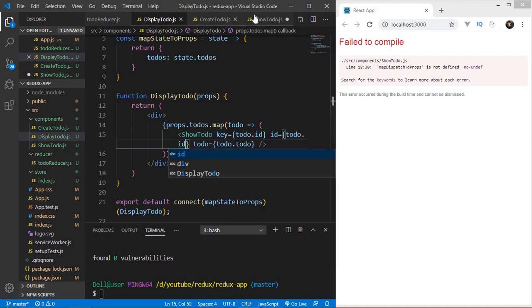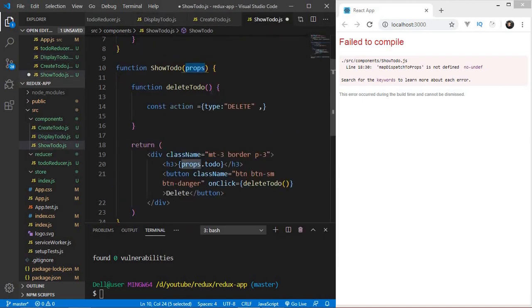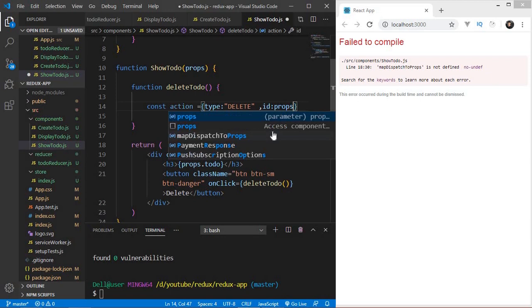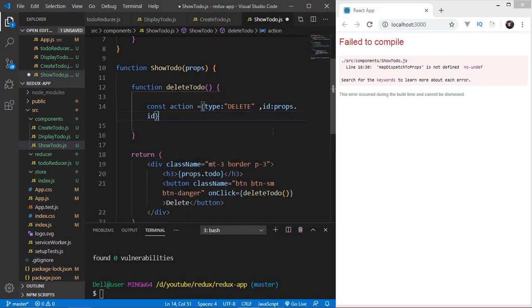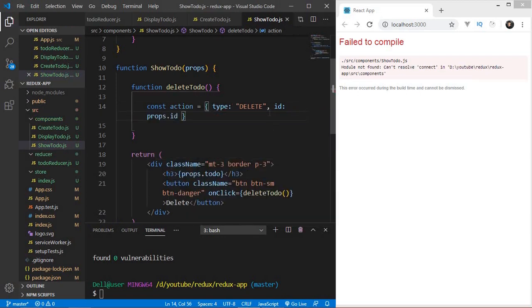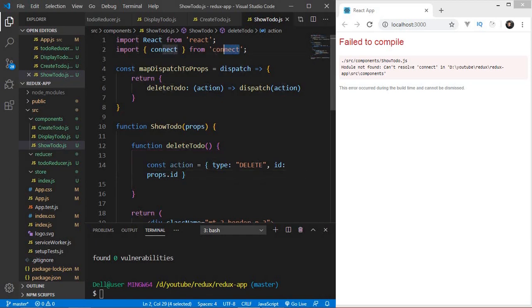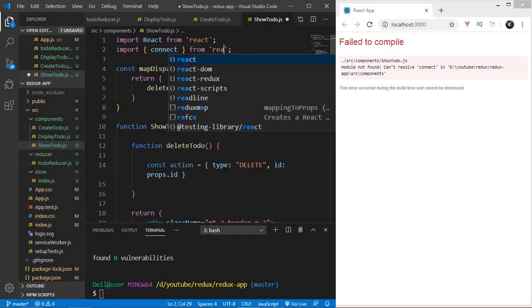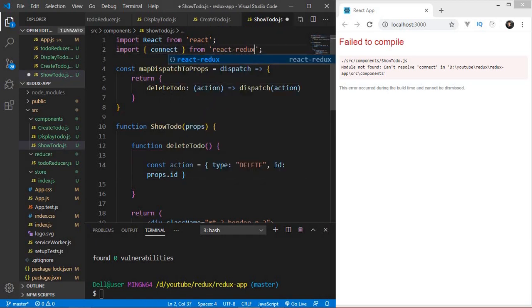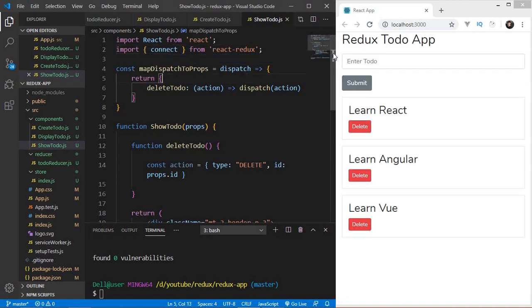All right, save that, and in our show to do, we can actually get that ID through props.id. All right, save that. Cannot resolve connect. Oh, sorry about that, it's not going to connect. React Redux. I don't know how and when I made this mistake, but anyways,